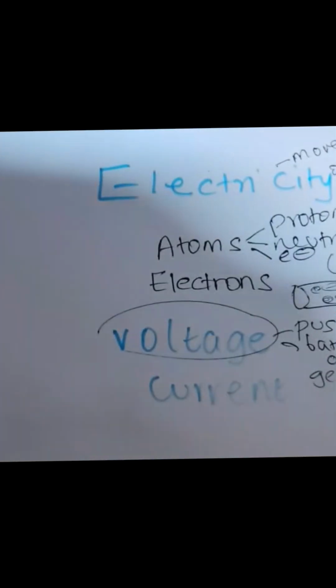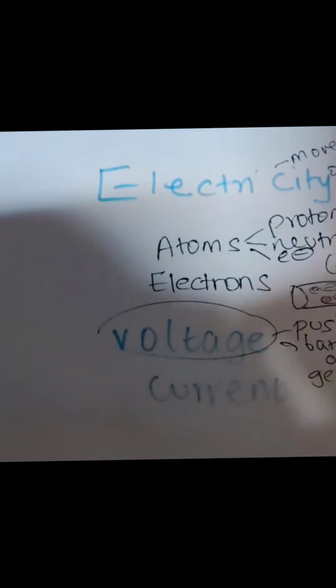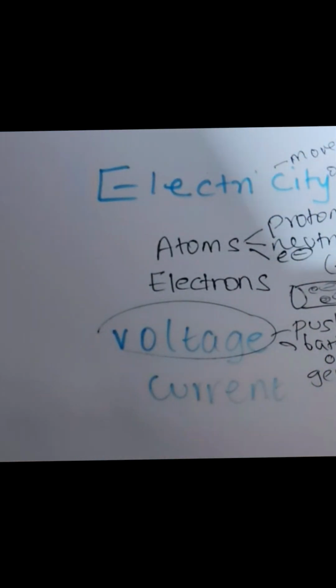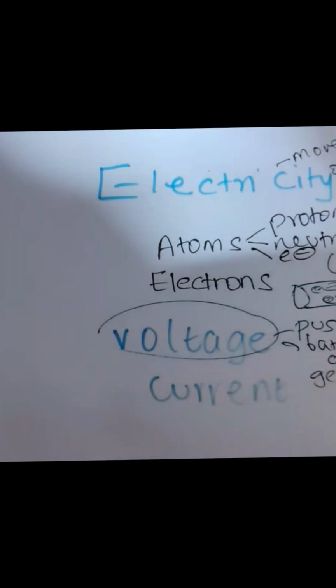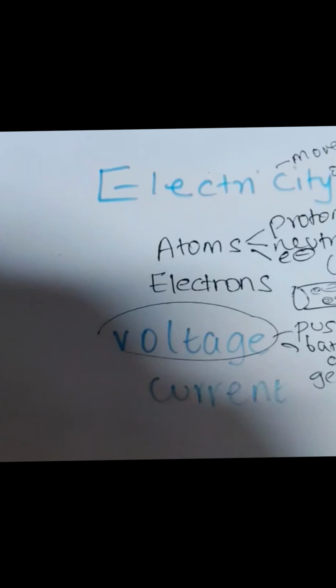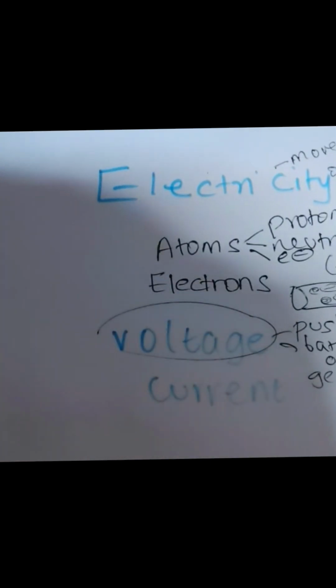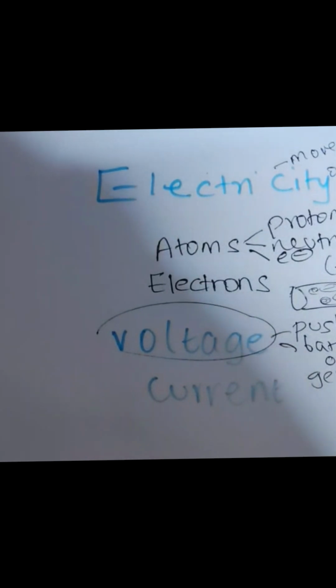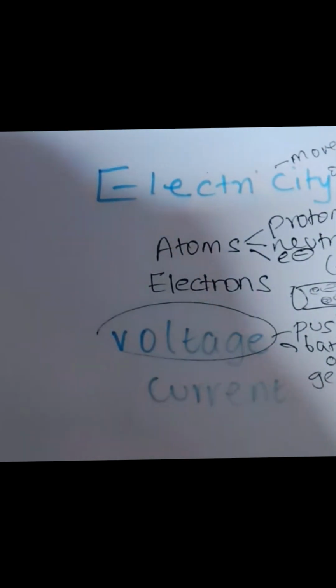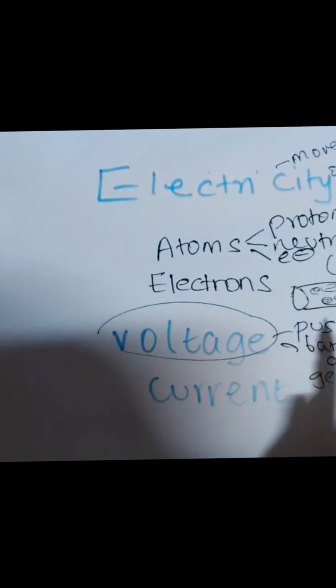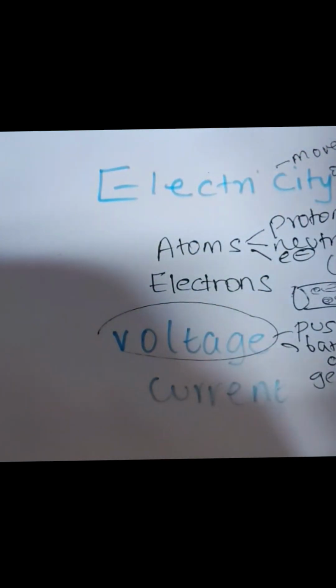So what is voltage? Imagine a water tank placed on the roof of a building. Water inside the tank has pressure because it is at a height. The more the height, the more the pressure, because P equals rho g h. So if height is more, the pressure is also more, right? When you open the tap, water flows. Similarly, this battery causes an electrical pressure.